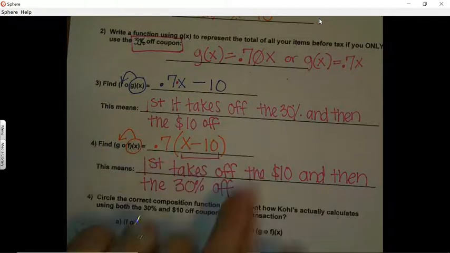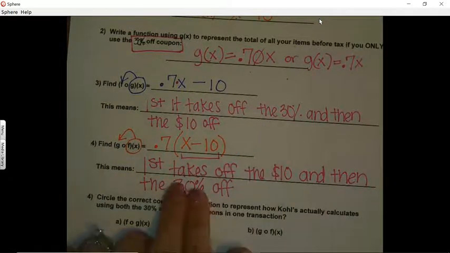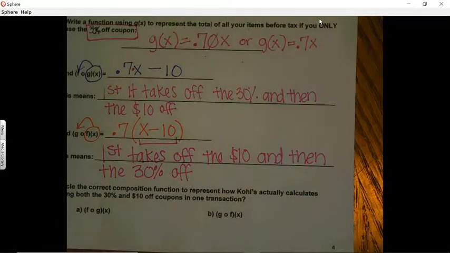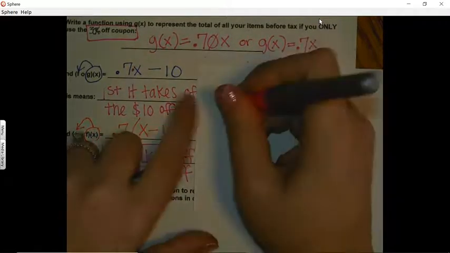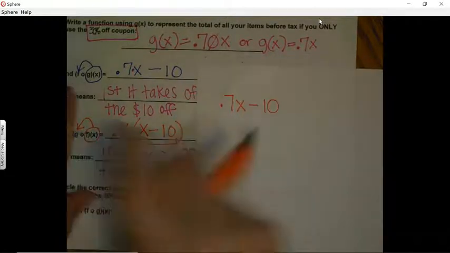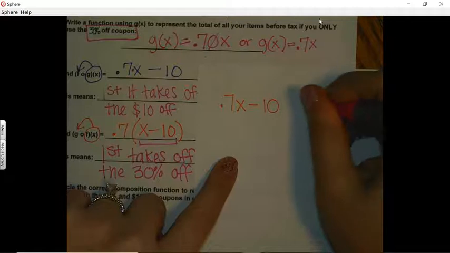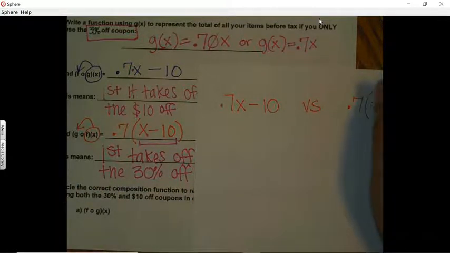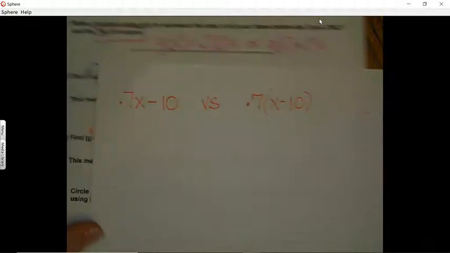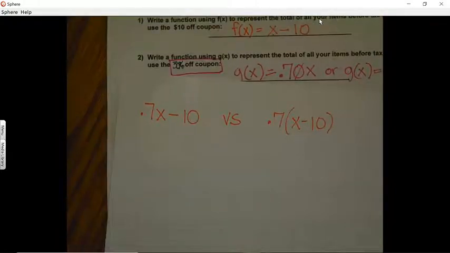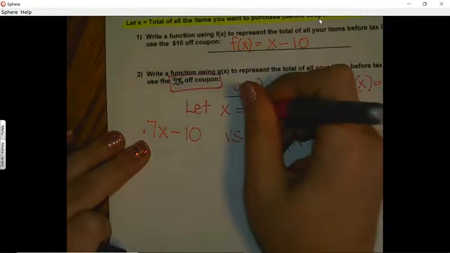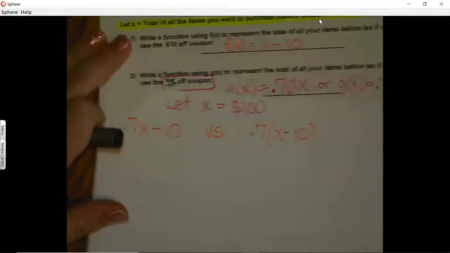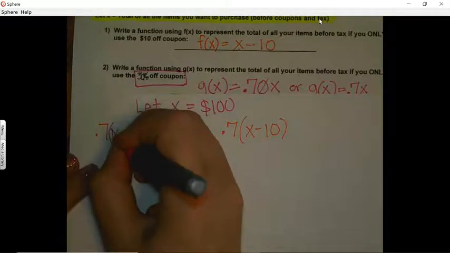Do they take the 30% off first, or do they take the $10 off first? Well, stores are always going to do what makes them more money typically, right? So let's see which one. So we have 0.7x minus 10. So we have f of g of x versus if we have this one. So if we want to know which one Kohl's would really do, which one would benefit them more, let's pretend we let x be $100. Let's say we spent $100 at Kohl's before tax and coupons. So if I plug in the 100 here,